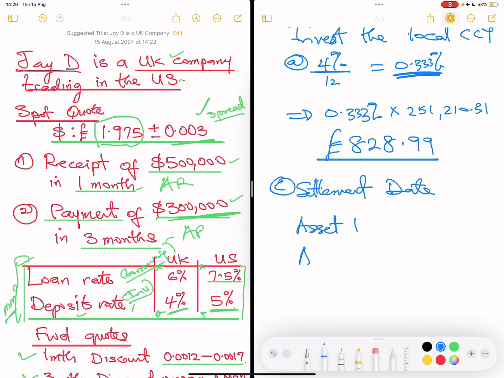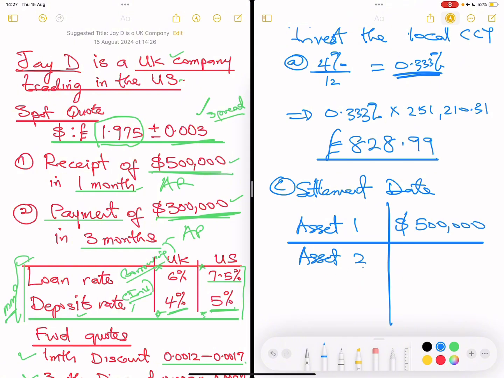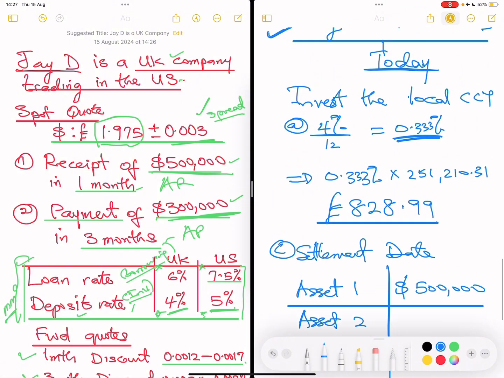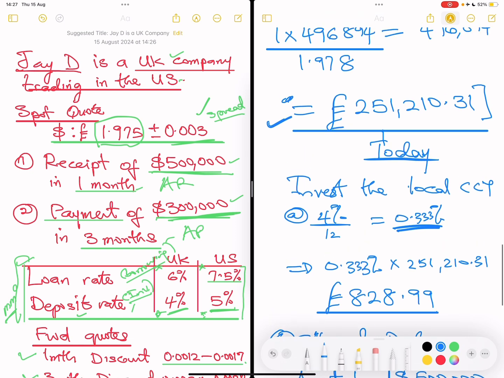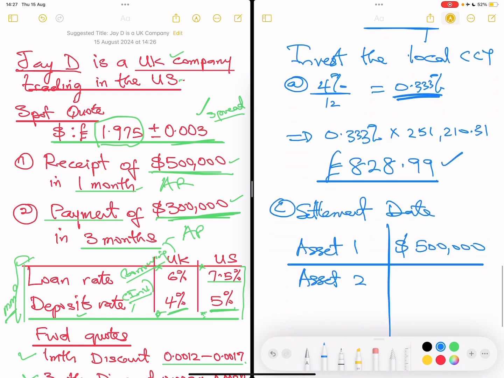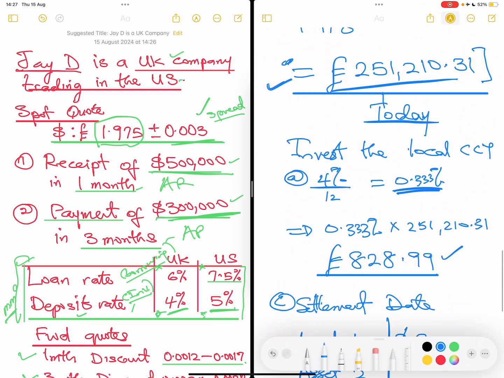Asset 1 is what your debtor will pay you. Remember the question: there's a receipt of $500,000 that we're expecting. So that will be $500,000 coming in. Asset 2 is the principal that we converted a month ago, and the interest earned on it. If we add both together, that's